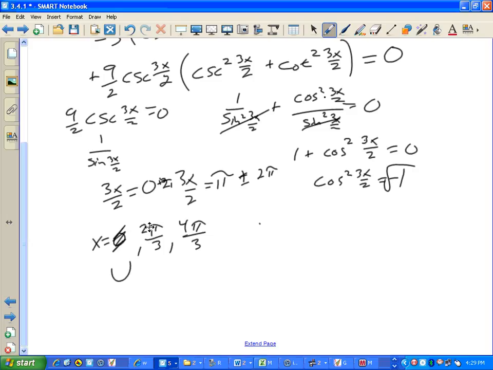And if I put in a number past this, like 3 pi over 3 up here, so 3 pi over 3, which is pi, is 3 pi over 2. The cosecant of 3 pi over 2 is negative 1. So I've got negative times positive, which is negative. So it's concave down on the other side. Okay, and then on the right side of this, if I plug in a value like 6 pi over 3, which is 2 pi,